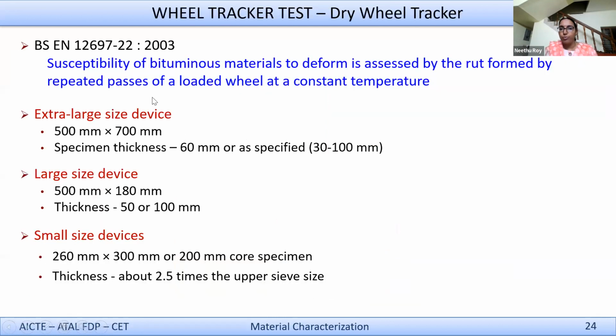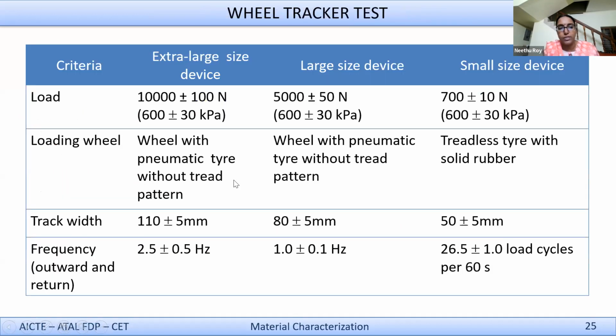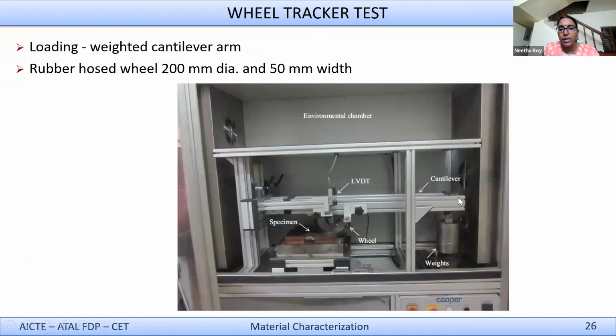Now, this is as per the European standards. We have AASHTO standards as well. You can have different sizes of devices like extra large, large, small, and so on. Based on the size of the sample, the loading pattern also differs. I don't think I need to go into details of this. For the small scale loading, there's a 700 Newton load being applied, with a loading frequency of 26.5 cycles per minute, or 53 passes per minute. It's like a to and fro pass. So this is the loading